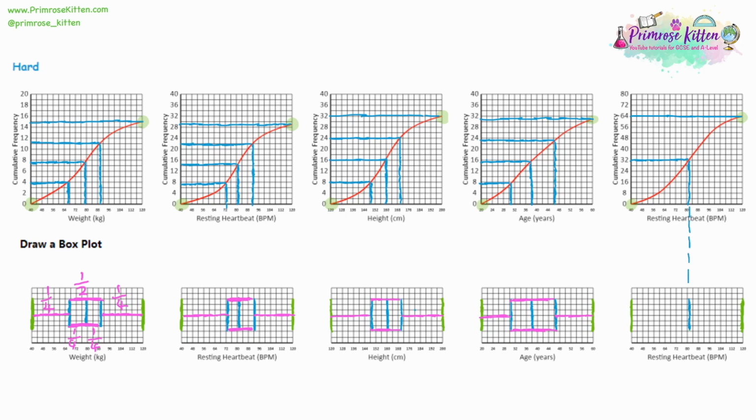Now 64 was the maximum, so for the lower quartile, we want 1/4. 64 divided by 4 is 16. And we are exactly on 68. And if 1/4 is at 16, times by 3 for 3/4, that's 48, 3/4 being the upper quartile. Draw a line across and a line down and see what value we have. So that looks like 94. If you're uncertain, bring it down and draw the line. Last step is to join it all up: a box in the middle, and the 2 whiskers to either side.